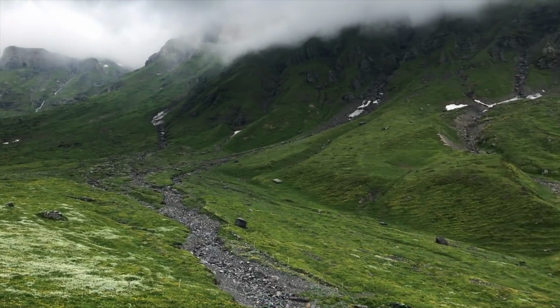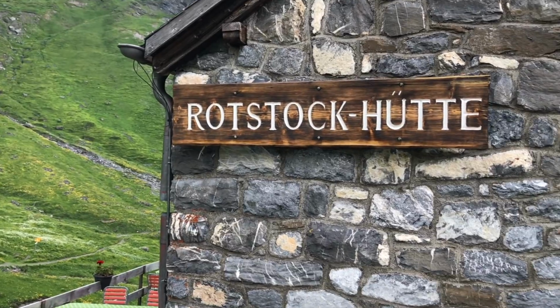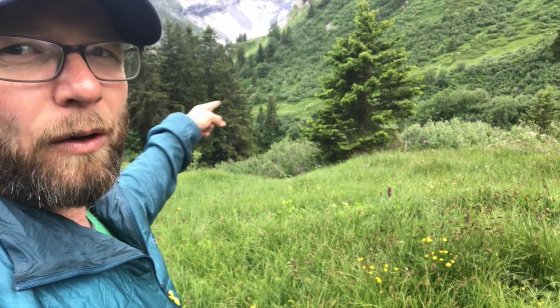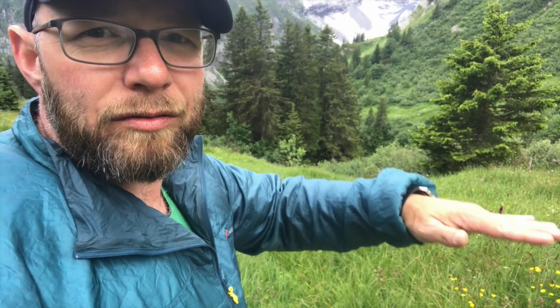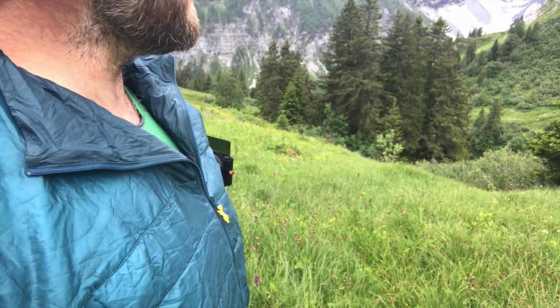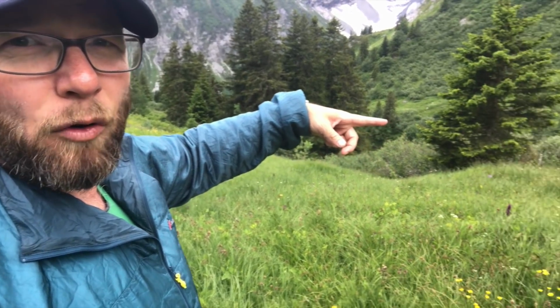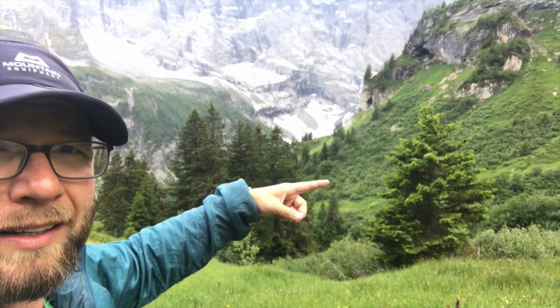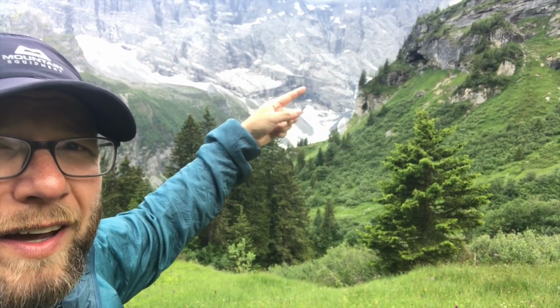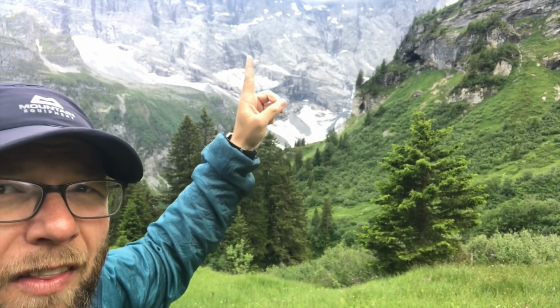Anyway, we got to the Rotstock Hutte, had some lovely lunch, a nice rosti, and now we're on our way down. And I finally found something which actually stands out a little bit, and it's this pine here, and this meadow is kind of undulating. It's quite nice. I've got the pine in the foreground, and then we've got this big old rock face. These trees are kind of in the midground here, and those ones too. And then up there,